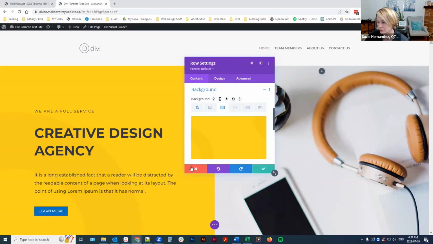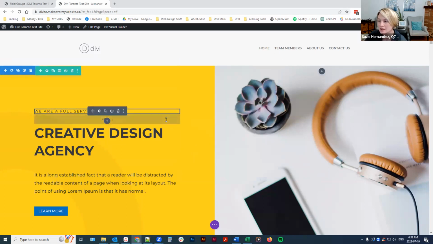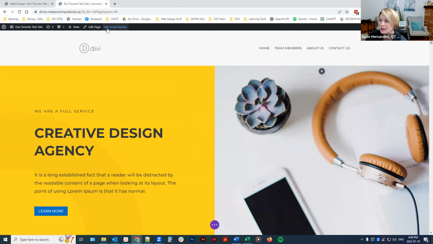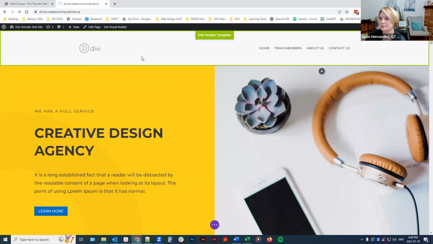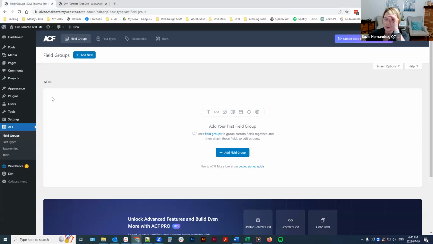Okay. So just to show you what we're going to do, we are going to make it so that the client can edit text and modify what's being shown on the front end. Okay, so I'm just going to exit out of the visual builder. I didn't make any changes. So back in the back end, what I'll do,